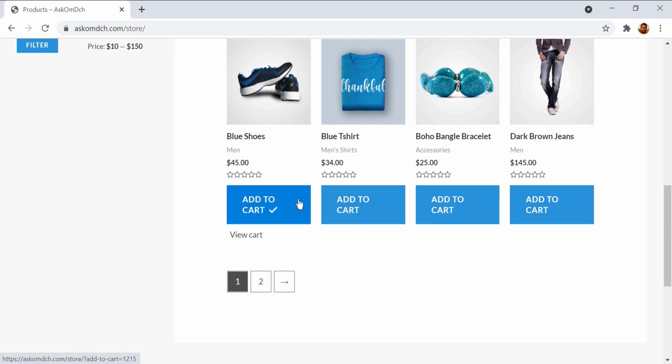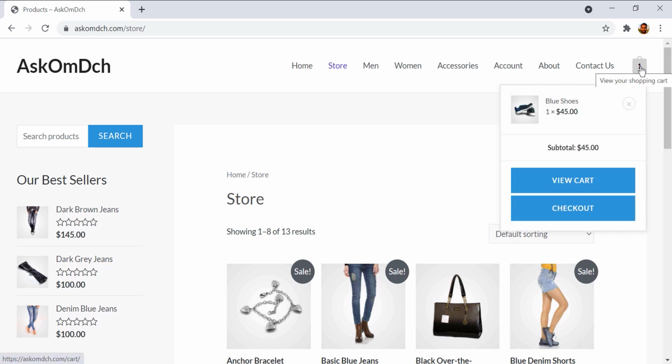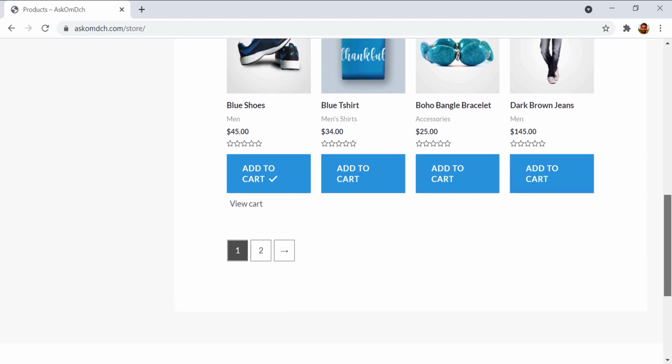Now you can see the button changes and there is a tick mark and we got a view cart link that will take us to the cart. And if I scroll up, it will show one product is added in the cart and I can navigate to the cart by clicking view cart button. So let me scroll down and click view cart link to navigate to the cart.